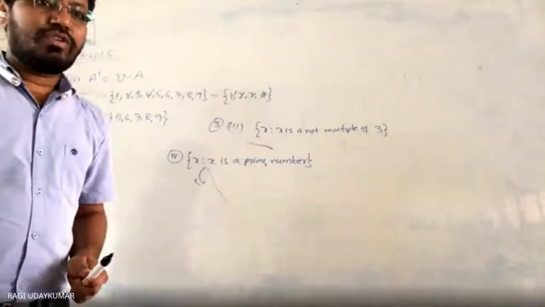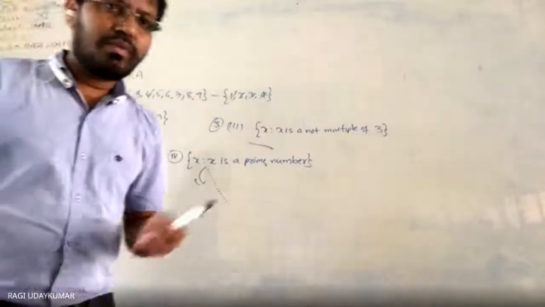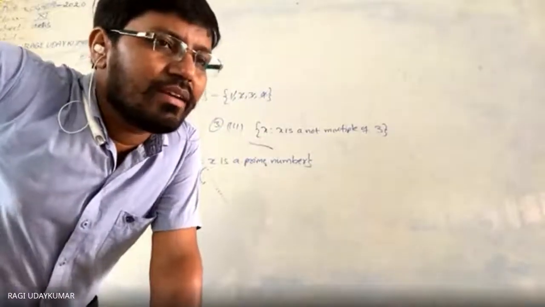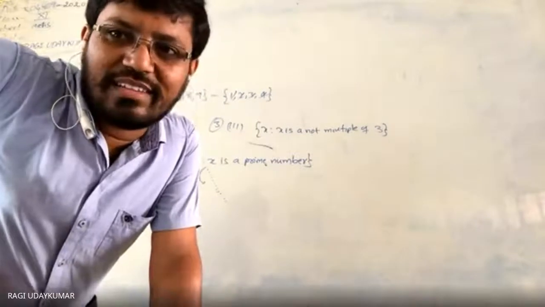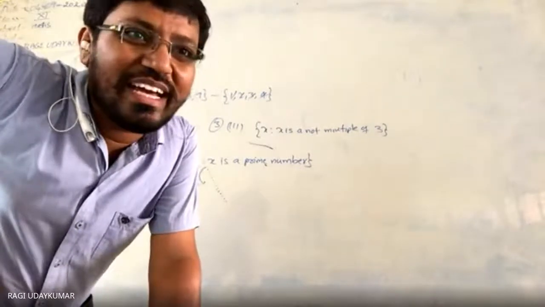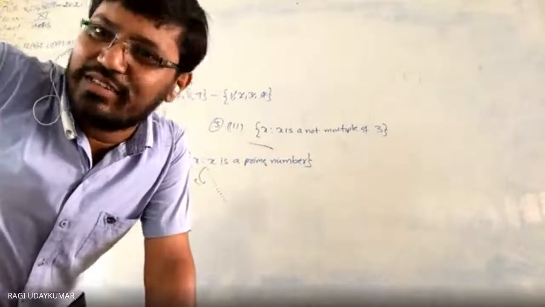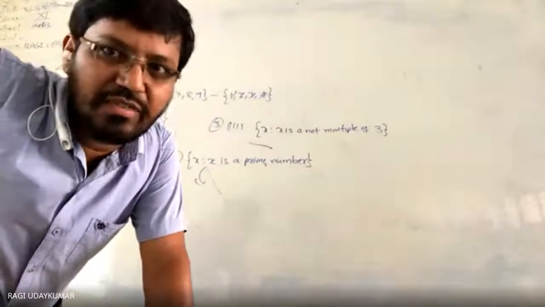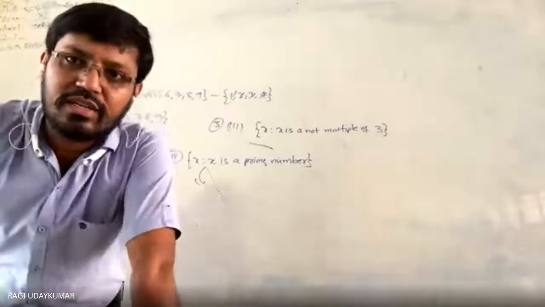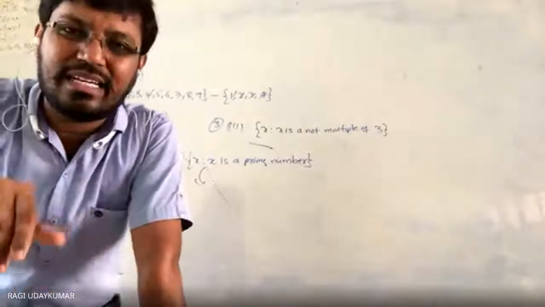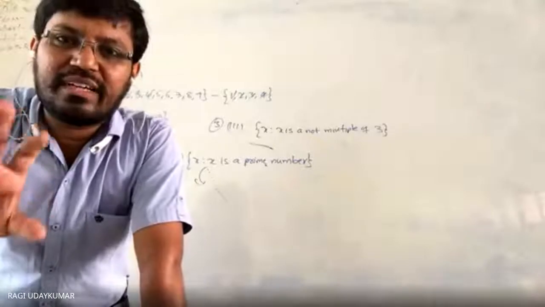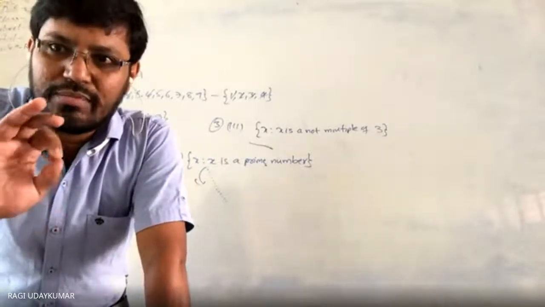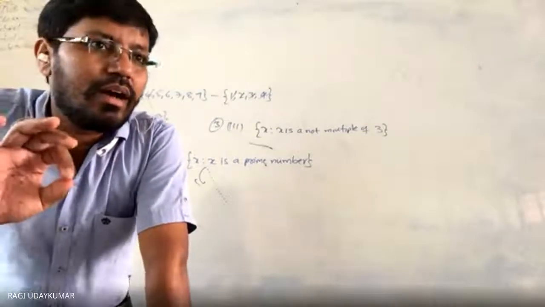Okay. So now if you see the remaining problems to solve, it's not very difficult. Perfect square is given, you can write not perfect square. Perfect cube is given, you can write not perfect cube. Yes, you can write in a roster form or in a set builder form if you want to write. Roster form won't be in a perfect way if you see it like that.